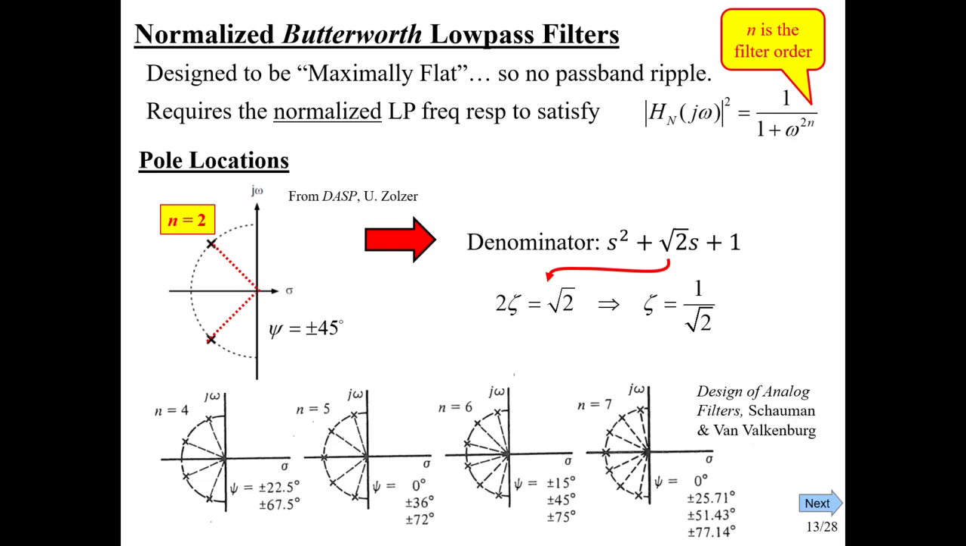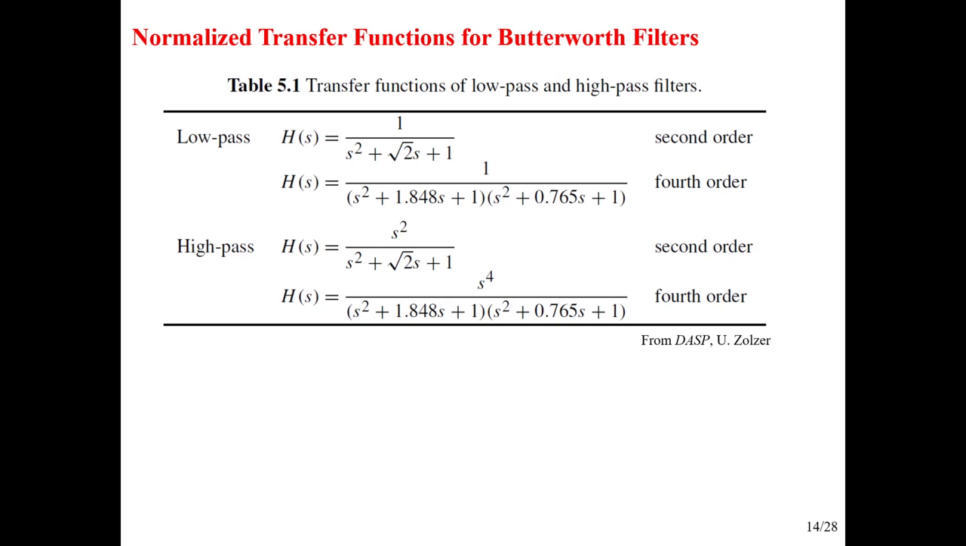A circle of radius, in this case, equal to 1 for the normalized one. So this is not the root locus that we were looking at. This is not movement of poles. This is, in this case, 7 different poles circled around those. Because remember, zeta is not changing here. Zeta is set to give us the Butterworth maximally flat structure. Okay, so that's that. And then this is from Zolzer's book, just showing second order and fourth order for low